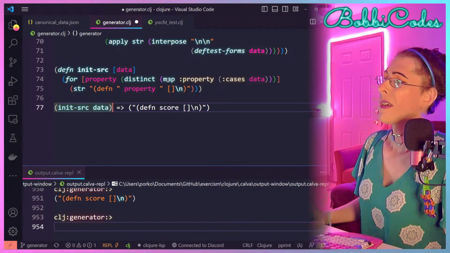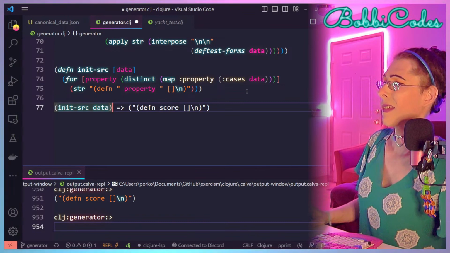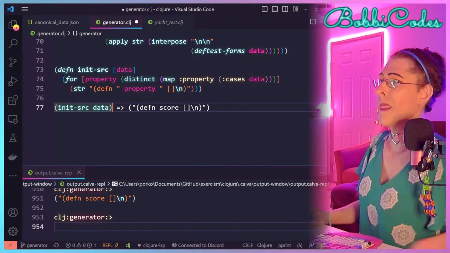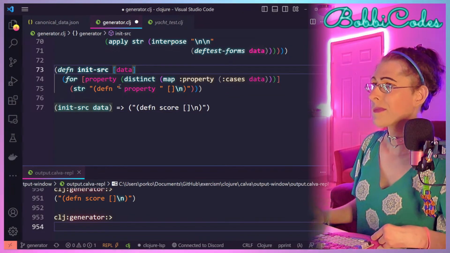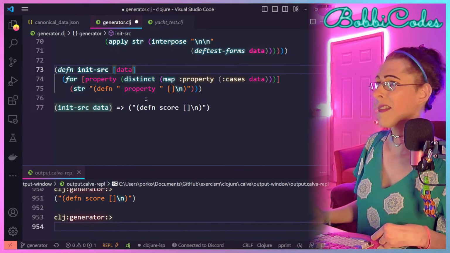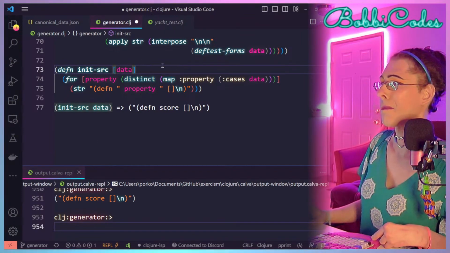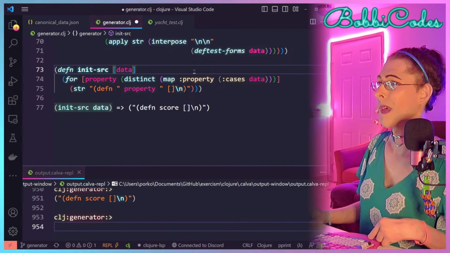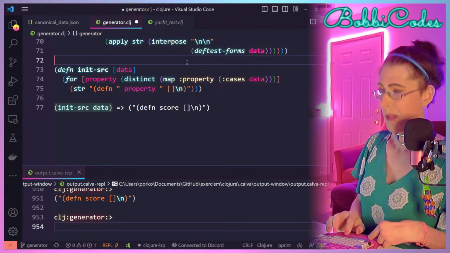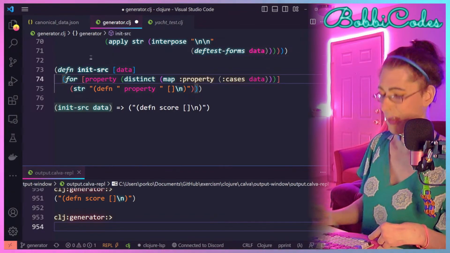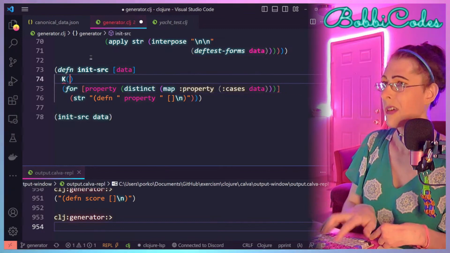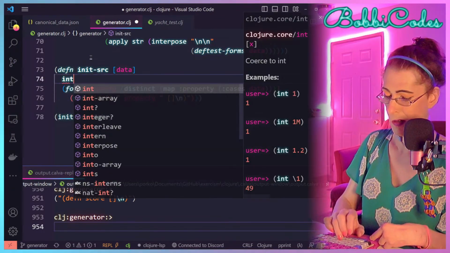Oh, we need to take it from a sequence and then, let's say, we can just do interpose a couple of new lines.